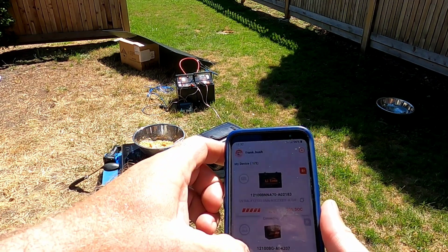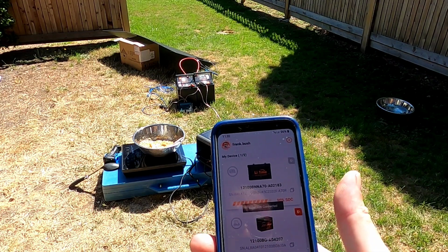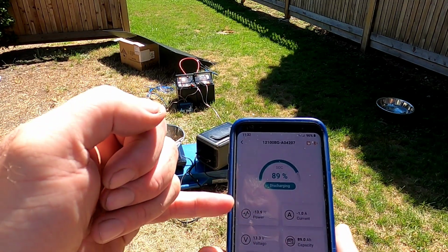Here, I'll just switch to the other one. Because they're hooked in series, they can go out of whack from each other and you've got to balance them every now and again. But you can see I'm a little bit behind in this one, but very, very gentle on the power